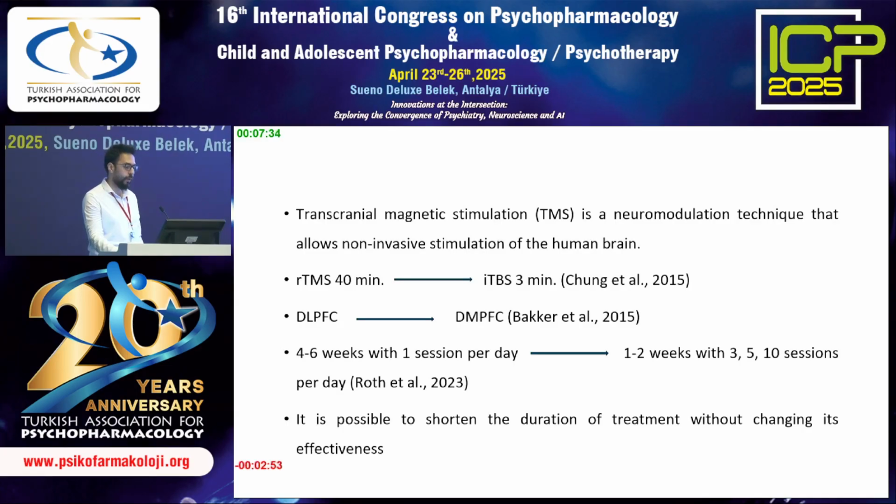Transcranial magnetic stimulation is a neuromodulation technique that allows non-invasive stimulation of the human brain. It received FDA approval, and there have been some transformations since. 30 minutes was the treatment duration, which with the iTBS protocol was reduced to 3 minutes. With the development of the coils and the dorsomedial prefrontal cortex being put into use, with one session reduced to 3 minutes, there has been a possibility to have multiple sessions